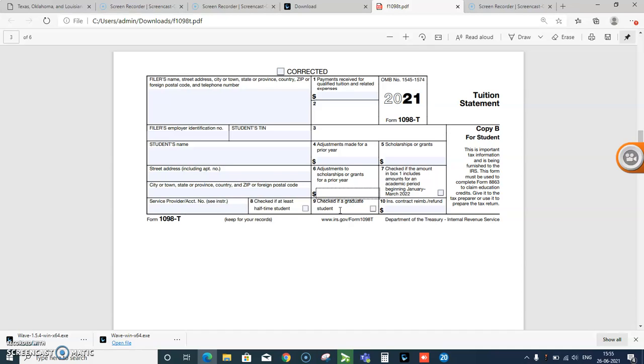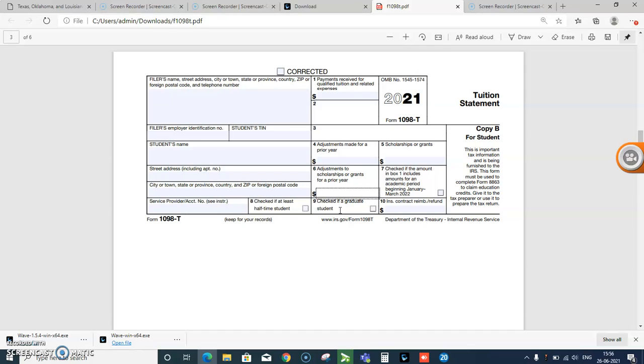Box 10 of the form comes into play only in cases in which students have had expenses reimbursed under a tuition insurance policy. Such policies reimburse students when they are forced to withdraw from the school for medical reasons or family emergencies, for example, after paying non-refundable tuition. When an issuer reimburses a student's expenses, it must provide that student with a copy of the 1098-T. The only box that gets filled in is box 10, which shows the amount reimbursed. The amount of expenses used to calculate credits generally must be reduced by any reimbursement reported here.